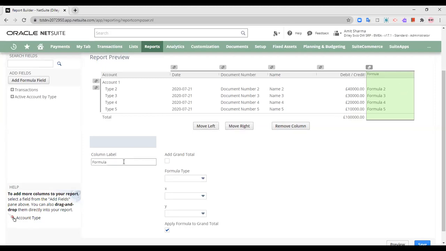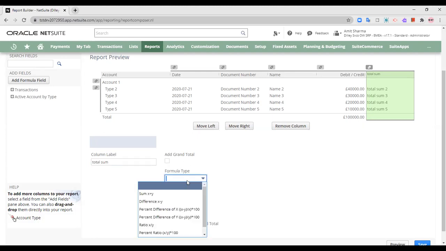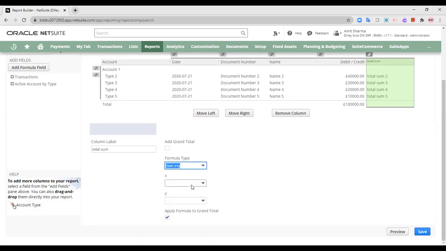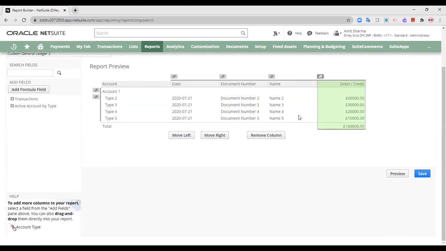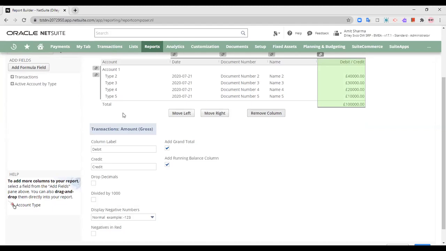I can select the formula field, add a formula field to it, and give the column name as total sum or something. Then formula type, sum of x plus y. What is the x amount? What is the y amount from the report? I can select and apply the formula field over here.